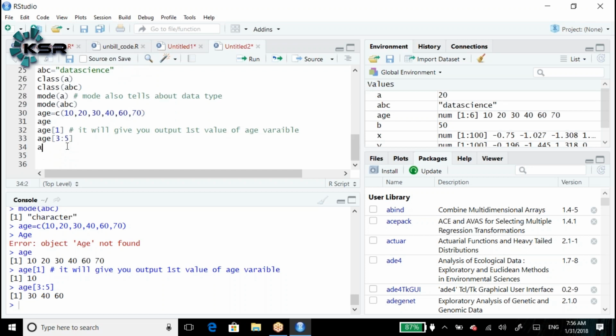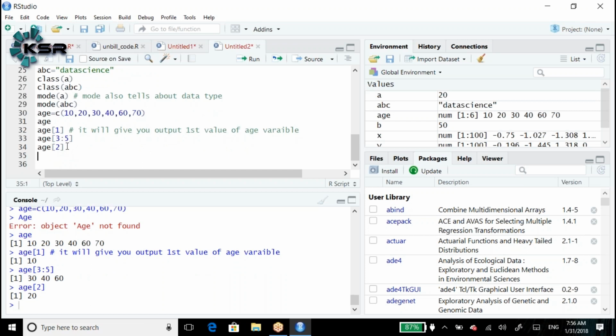Now, everyone be careful here. Age of 2 means it will give us the second position. Age of -2, what does it mean? It doesn't print the second position value.